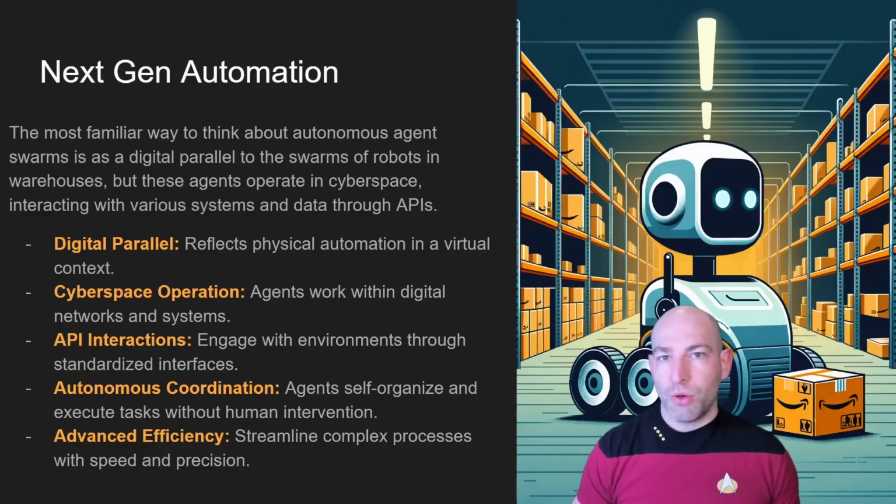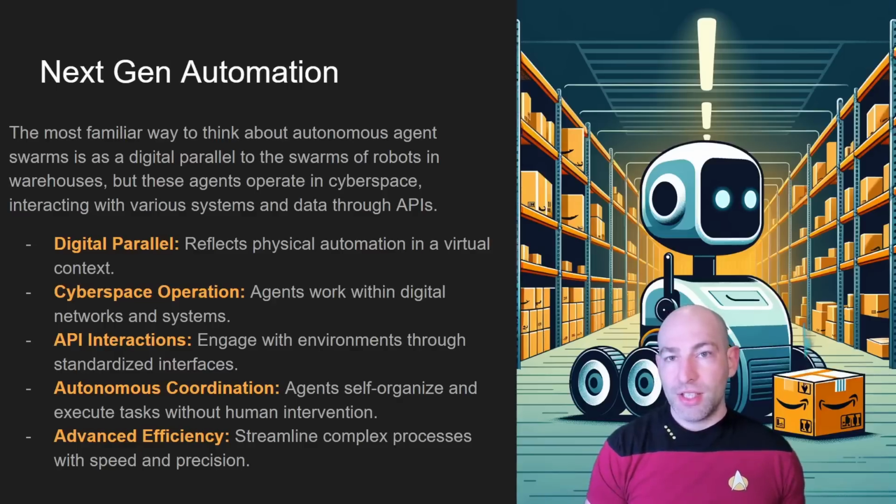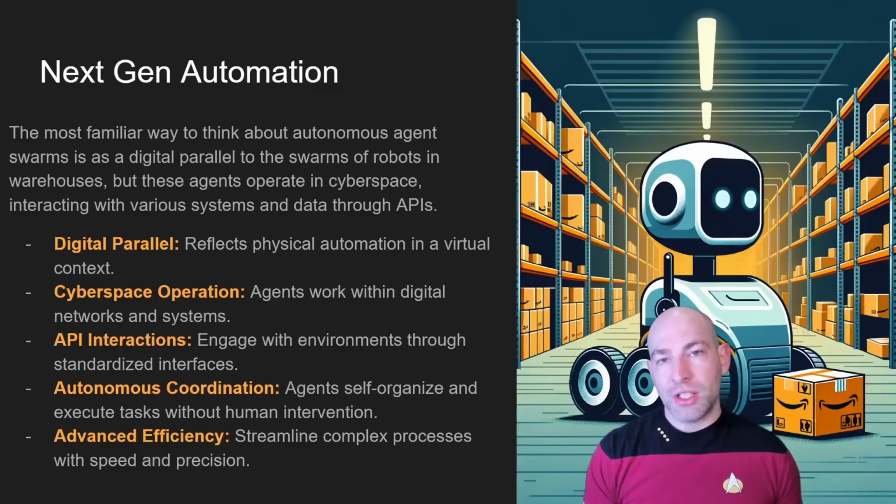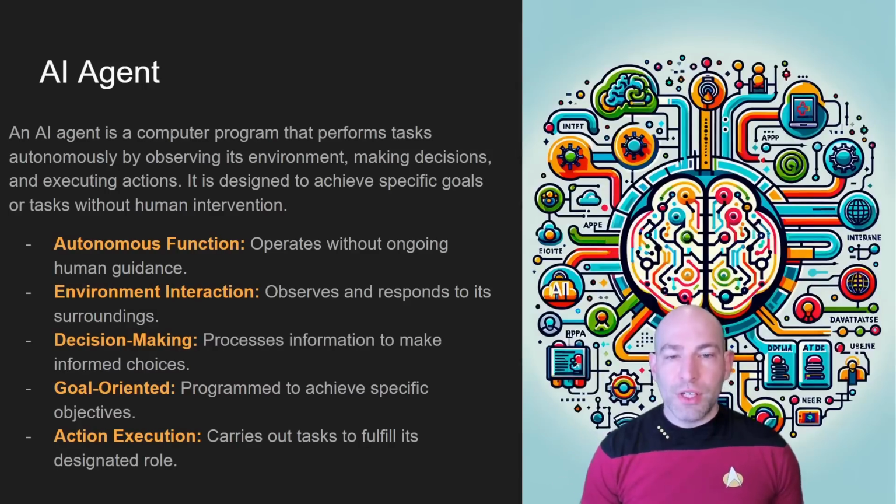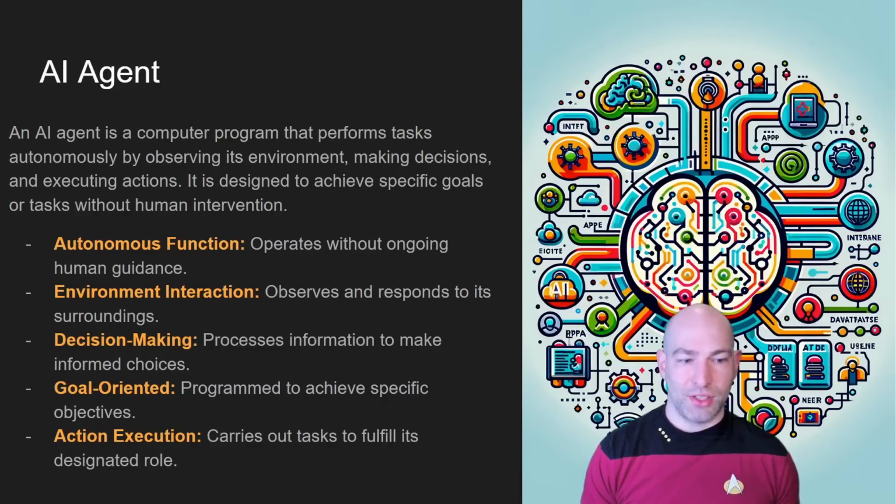And so why we're also excited about these digital agents is because now they're powered by large language models, and soon they'll be powered by more multimodal models, but also they have the ability to interact with a digital environment. What I mean by that is they operate in cyberspace. They operate by connecting to APIs and databases and that sort of thing. So an individual AI agent is basically defined by a few things. It has autonomous function, meaning you give it a task or a list of tasks, and it's able to prosecute that list of tasks. And rather than interacting with a warehouse, it's interacting with whatever digital space you give it.